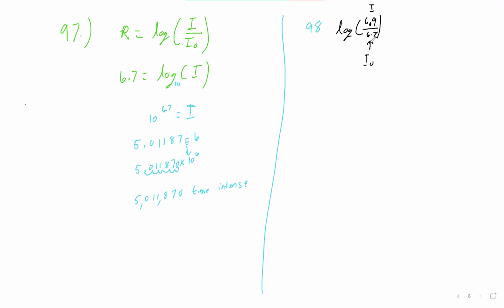Oh no, I'm thinking too hard here. Because you have all the results, I actually don't need the log at all, and I can just compare it this way, because you have the intensities. So you don't even need the log. You just do 6.9 divided by 6.7, and that would tell you that you have a